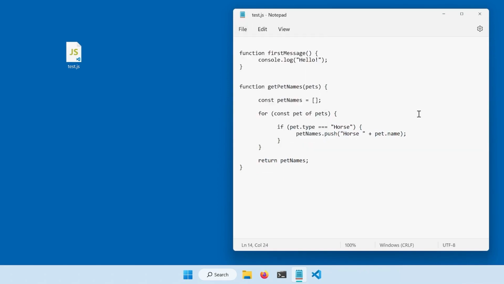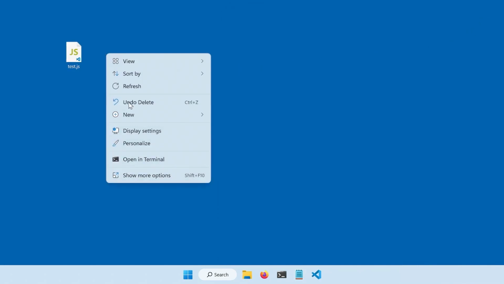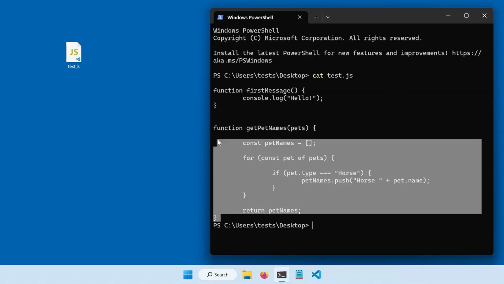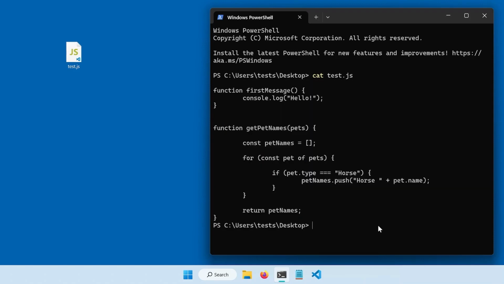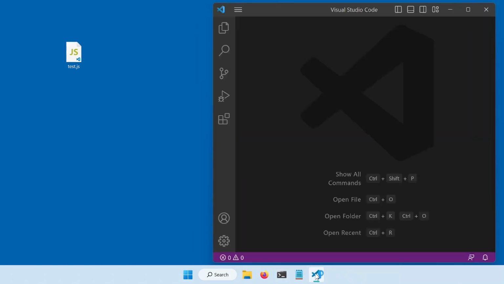In this case, I am using the Notepad editor, but there are many editors and different ways to see the code in a file. For example, I can open the terminal and run a command there to see the contents of the file. These tools are fine, but there are more modern ones which I recommend you to use, like Visual Studio Code, which I have installed here in my computer. Visual Studio Code is free to use, and it's very popular, and we can use it to edit the code in our file.